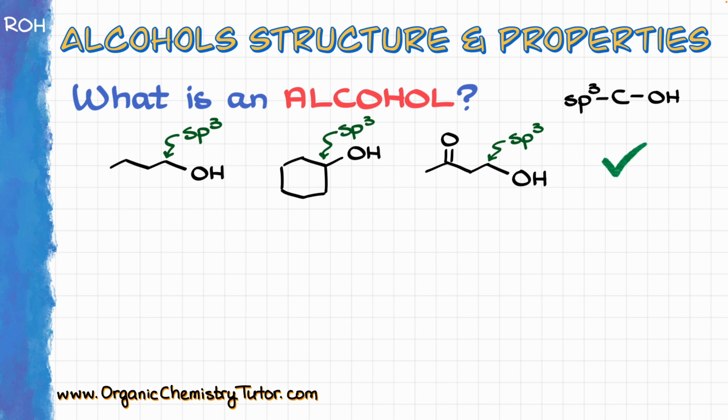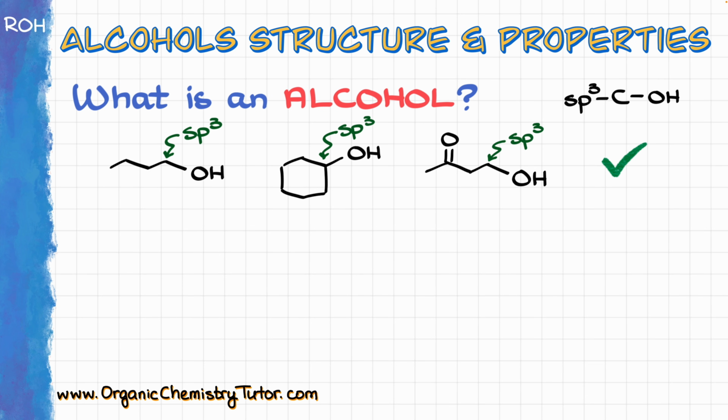Likewise, I have cyclohexanol next, and next I have this hydroxyketone, and that is still an alcohol because OH is connected to an sp3 hybridized atom, and the ketone functional group that we have here is further away in the molecule and not connected to the same carbon. And that's a very important distinction because just because a molecule might have an OH group, that doesn't automatically make